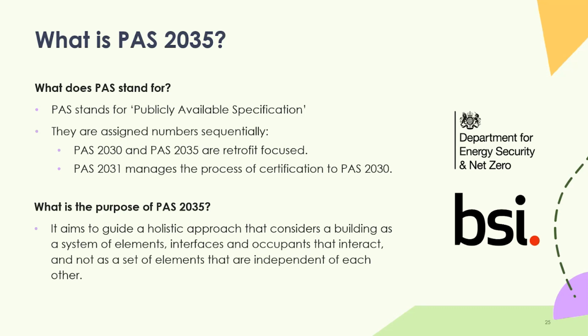The guiding principle of PAS 2035 is that whole house comprehensive approach. It's all about treating the building as a system of elements, interfaces, and occupants as well, which is crucial because not everybody lives in their house in the same way. People are going to be generating different amounts of moisture, for example, depending on how much cooking or cleaning or showering they're doing. A big house full of lots of people probably has more moisture generation going on. And not as a set of elements that are independent of each other, which previously led to some of the gold rush cowboy jobs that led to things like the Fishwick